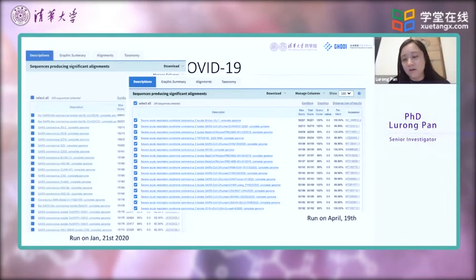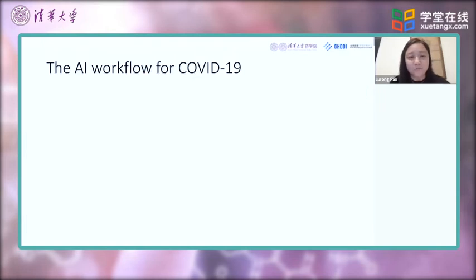So yesterday or today, I did another BLAST on the same sequence, and you would see that most of the sequences are actually variations of the currently mutated strains of the same virus in the current outbreak. So you would totally see how the sequence can evolve over time and how its reference would evolve over time as well.